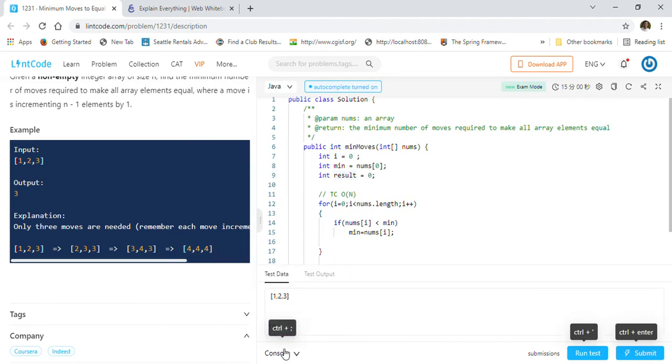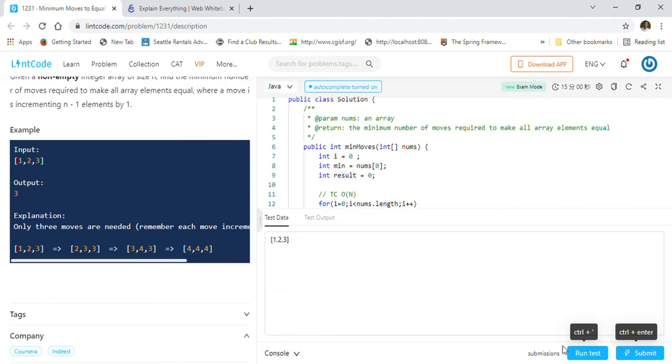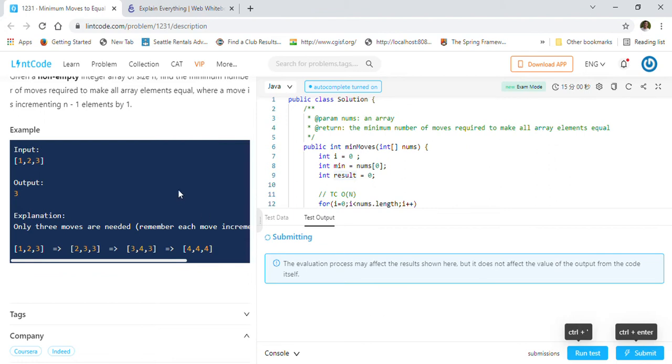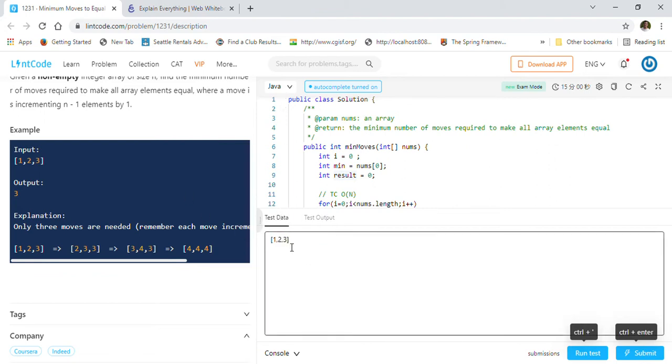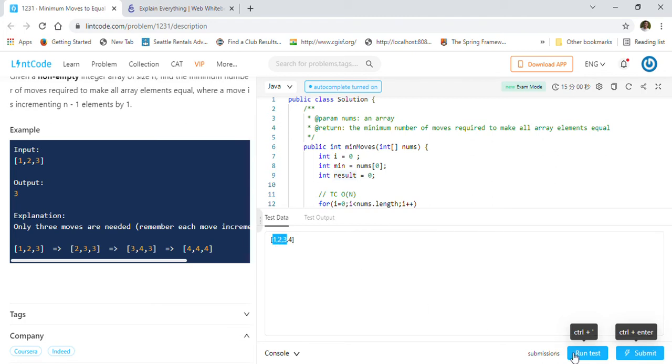So that is the whole logic to solve this problem. And let's take this example that's given to us. So 1 2 3. Let's give it a shot now. It should give us 3, which it's giving. So let's add one more number here, 4. So if it is 4, then it will be 3 plus 3, right? Because minimum is still 1, and 4 minus 1 is 3, and the remaining is again 3. So 3 plus 3 is equal to 6, it should give us now. So it is giving us the correct result, as you can see.